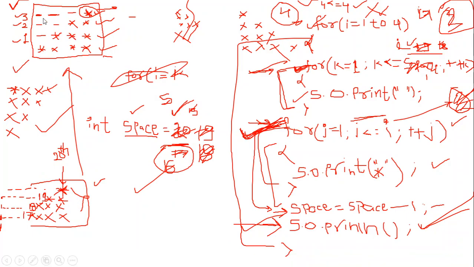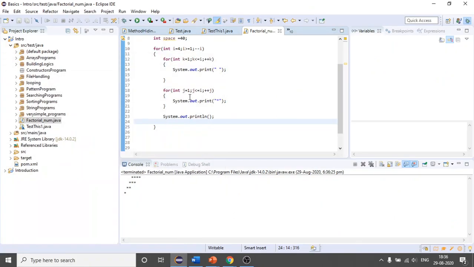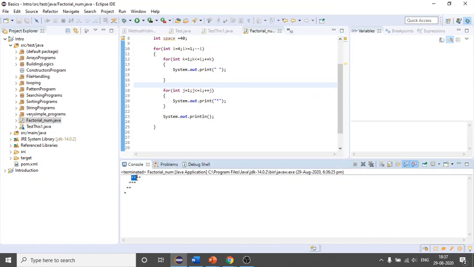As you can see here, first we have 3 spaces. As of now we have 4 spaces according to you, right? Okay, let me do it this way. I got a point. See, again you have to take one variable, right? Because you don't have to print 4 stars first.